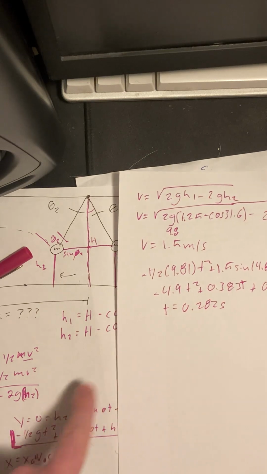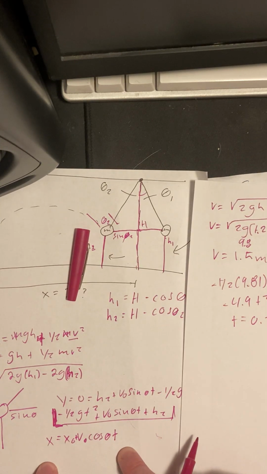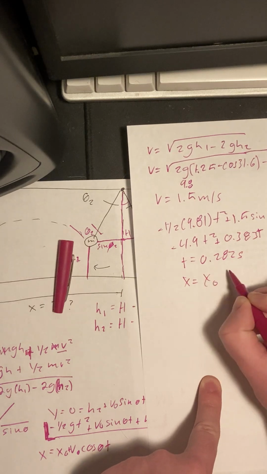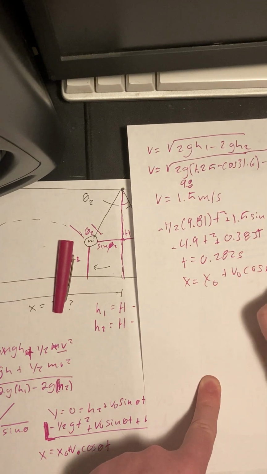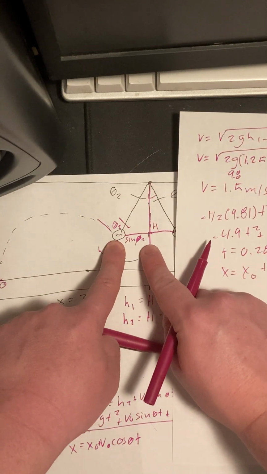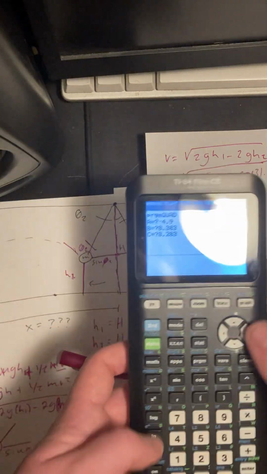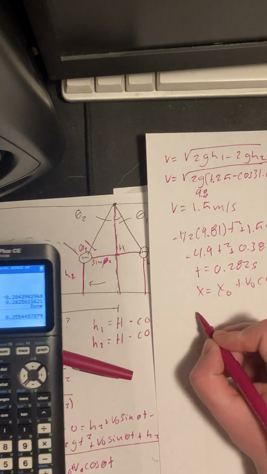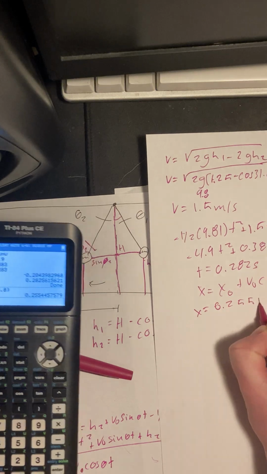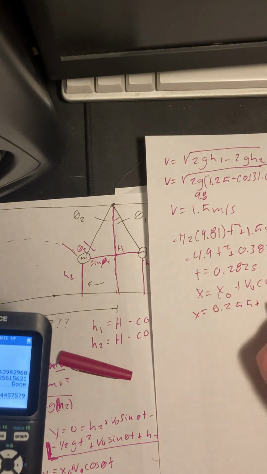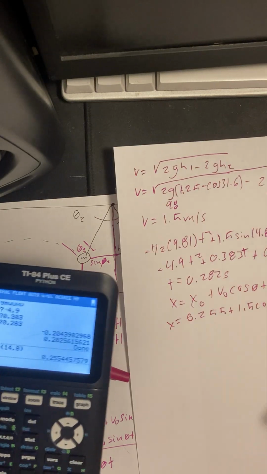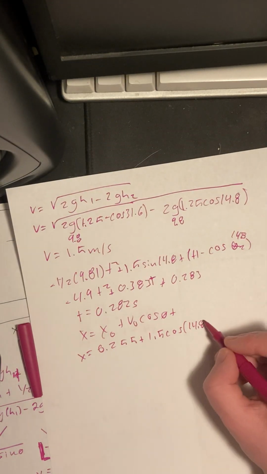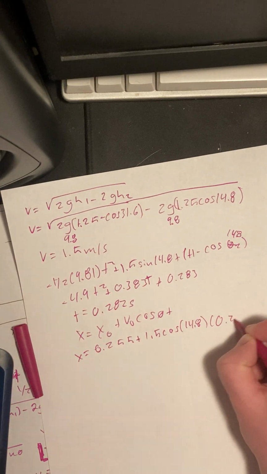And now that we have our time, we can plug that into our equation over here, which was our final x equation. So our final x equation was x equals x initial plus velocity initial cosine theta t. Our x initial was this distance here. Let's do that real quick, which was just sine theta 2. So sine theta 2, 14.8. That gives us 0.255. So x equals 0.255 plus our initial velocity, which we found to be 1.5 here, cosine theta, 14.8, because that's our launch angle, times t, which we just found here to be 0.282